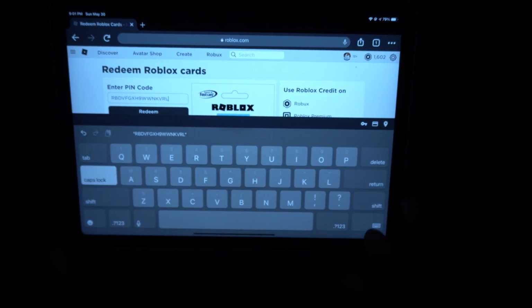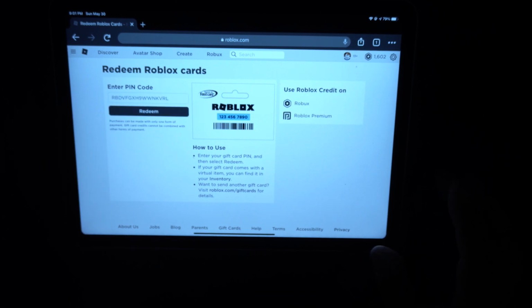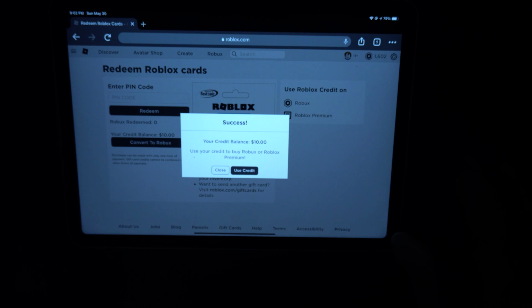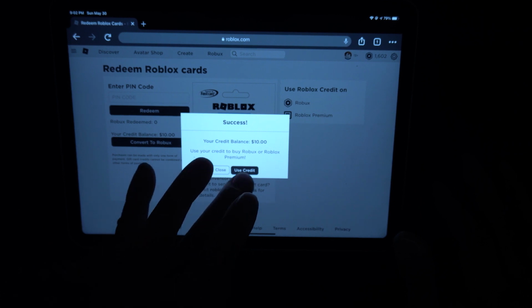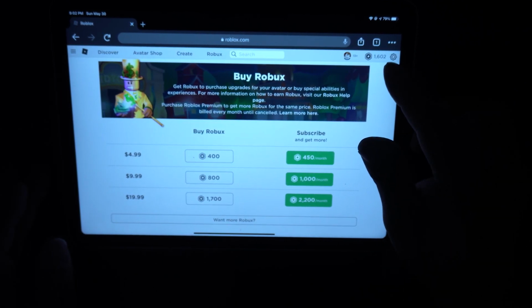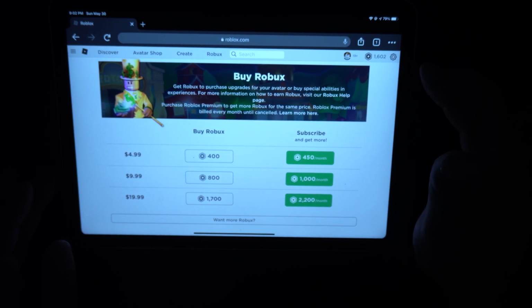Now, once that's done, you've entered in the card, you hit redeem, and then what it will do is it will tell you, depending on how much money you put on. I put $10 in balance on this card. So what we're going to do is we're going to use this credit to buy, I guess they're called Roblox coins, for the in-game itself. So we're going to use the credit. And then as you can see here up in the top hand corner, I have over 1,602 of the Roblox